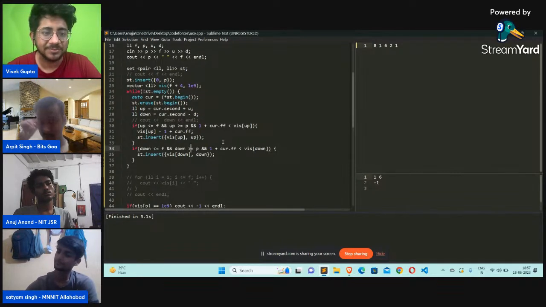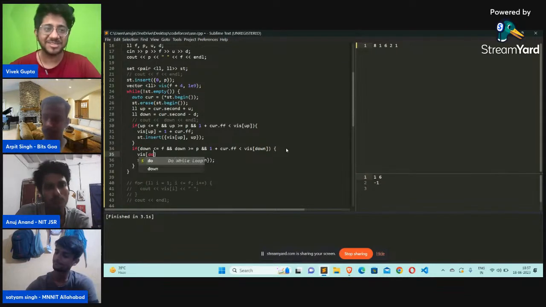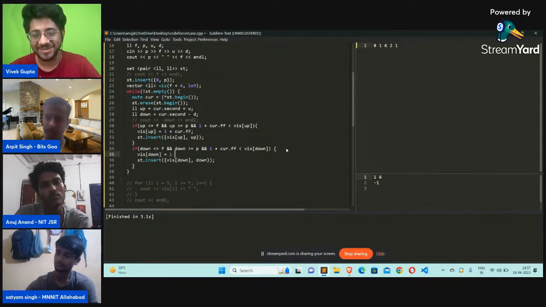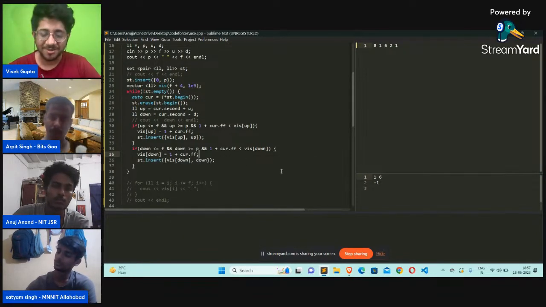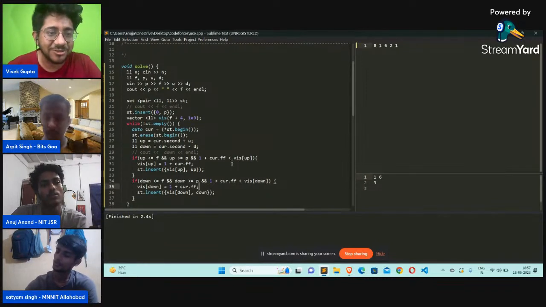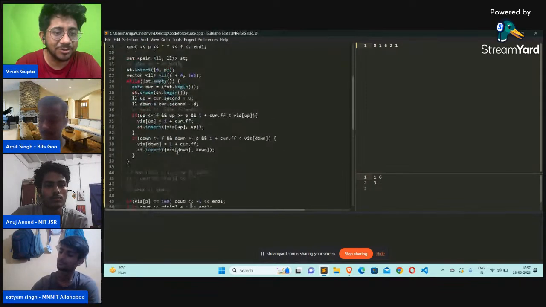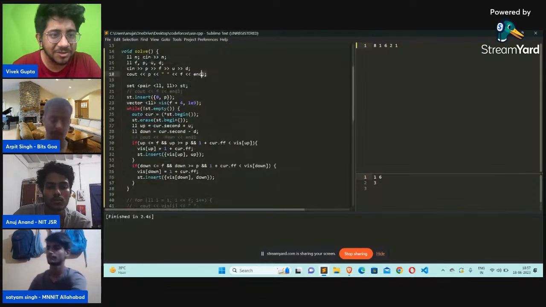Okay. So these are the kind of mistakes you make when you are in stress, okay? And believe me, you may feel that you are practicing on LeetCode and so on, right? But practice and giving an actual test is very, very different. Oh, he has taken n, right? Now I have the full code. You can see n and the array taken as inputs, and then he's making some mistake somewhere.